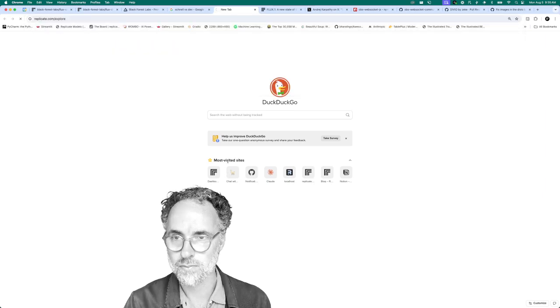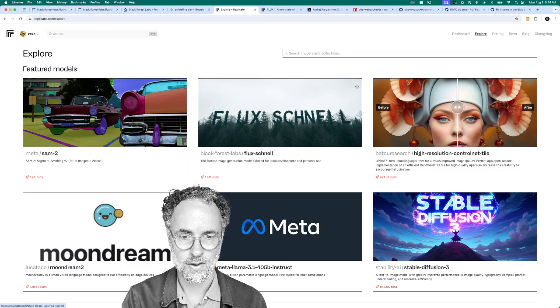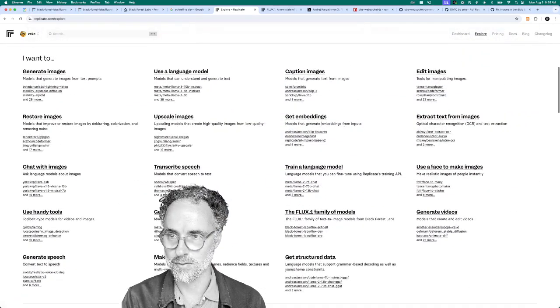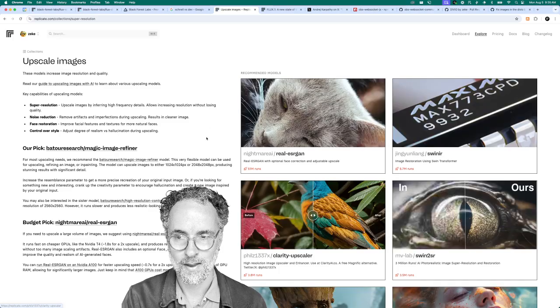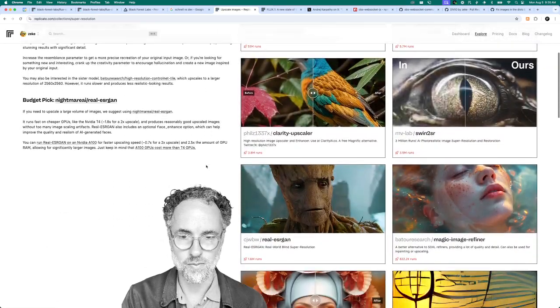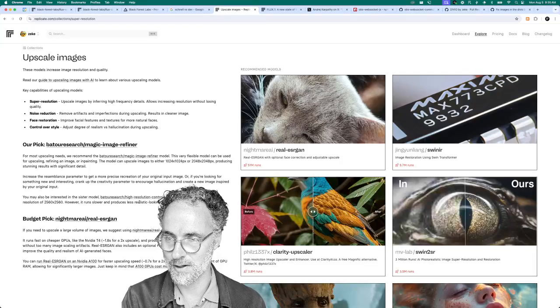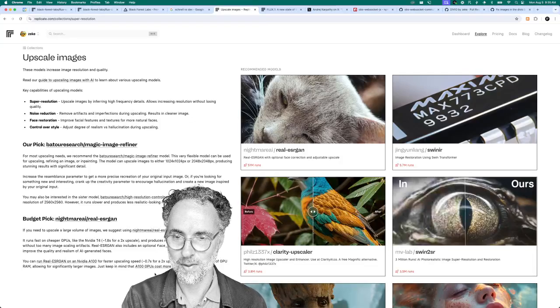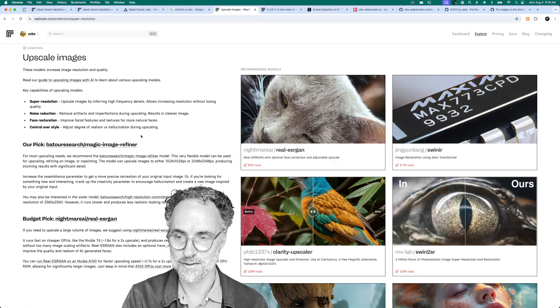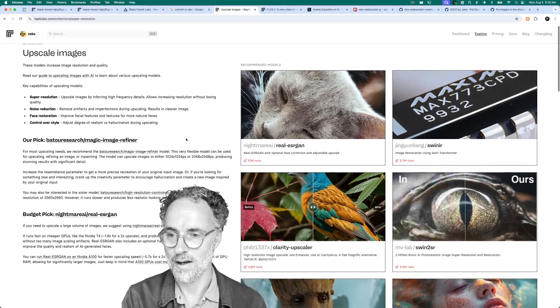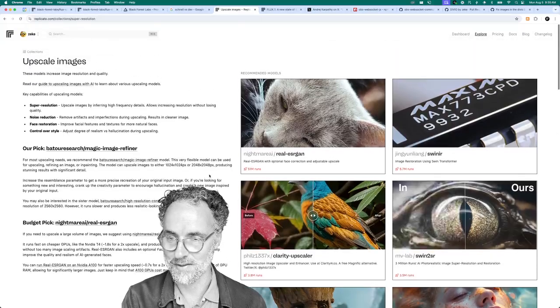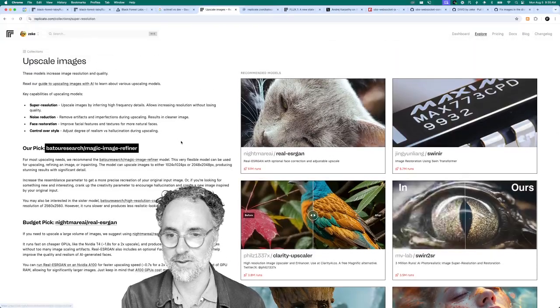replicate.com/explore, and we have these task-based collections here, and I knew that I wanted to upscale images. And we have this editorial content here that describes what we think might be our recommendations, like staff picks. Unfortunately, this is a little bit out of date